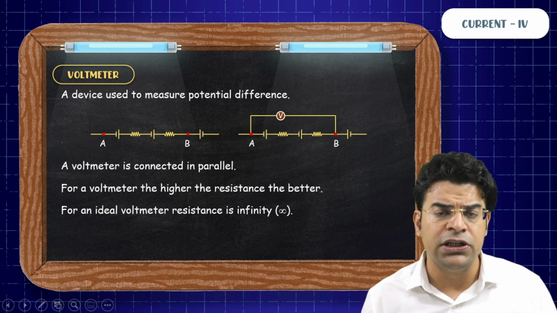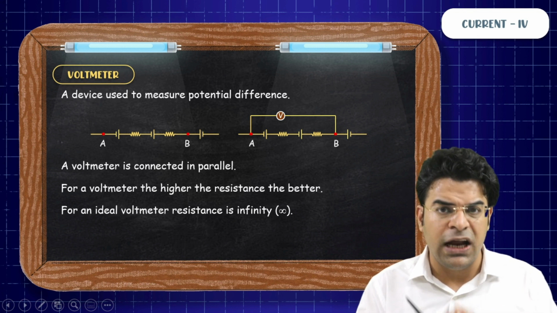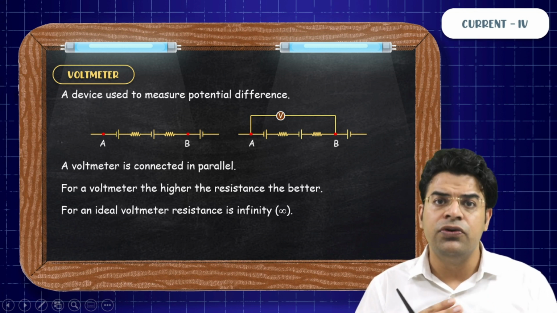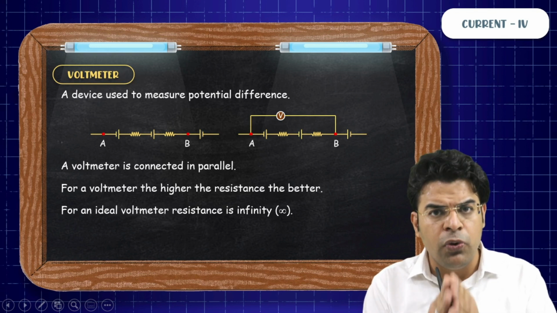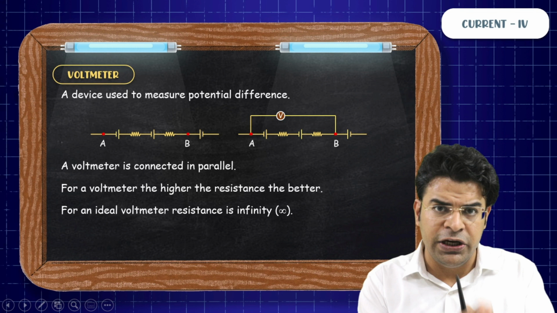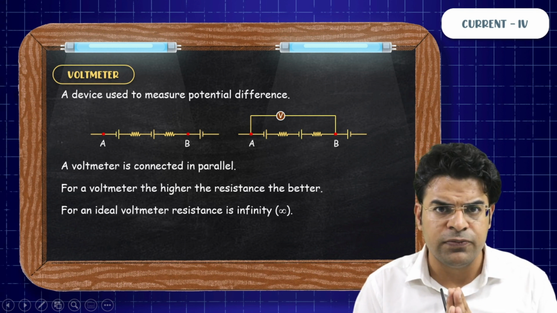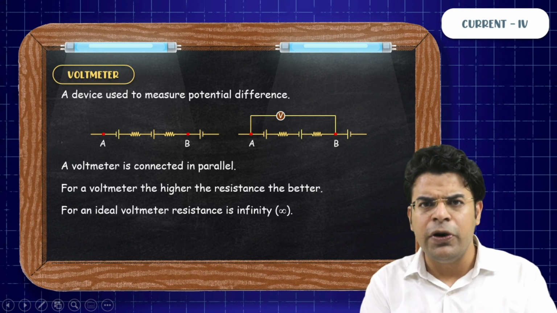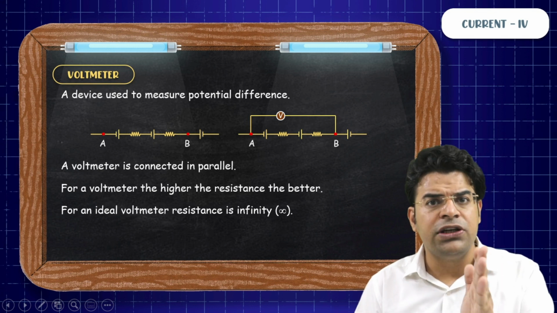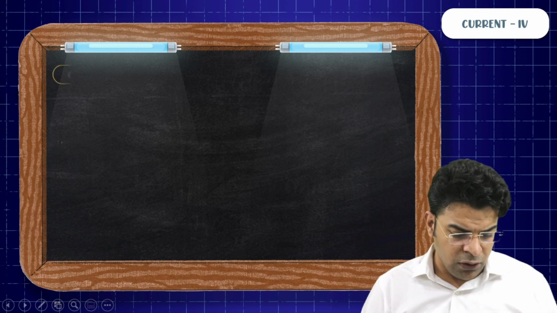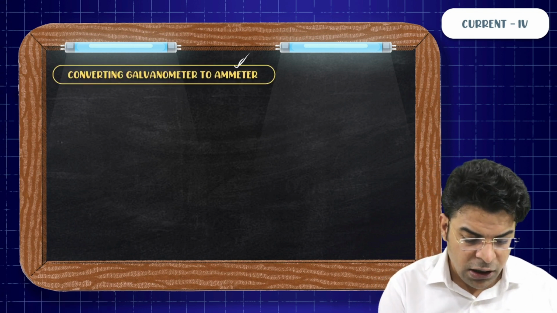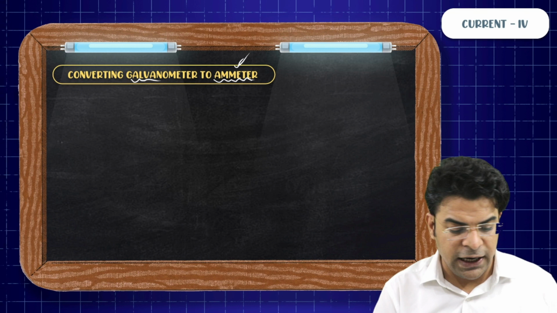These are the points which you need to know about ammeter and voltmeter before we start using them in questions. Now, I have told you guys both ammeters and voltmeters are based on galvanometers. What are galvanometers? Simple devices in which the deflection of the needle is directly proportional to the current flowing through it. So now the big thing, how to convert a galvanometer into an ammeter.